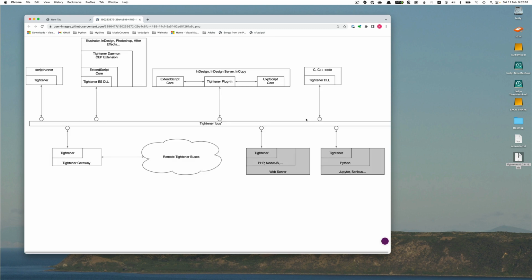Right, in this video I want to do a very quick run through of how I can use Tightener to interact with remote instances of InDesign Server. So the setup is I'll have a Mac with Tightener installed, I'll have a PC with Tightener installed, the Mac has InDesign Desktop, the PC has InDesign Server. I'll set up two instances of InDesign Server on the PC and I'll interact from the Mac with those instances